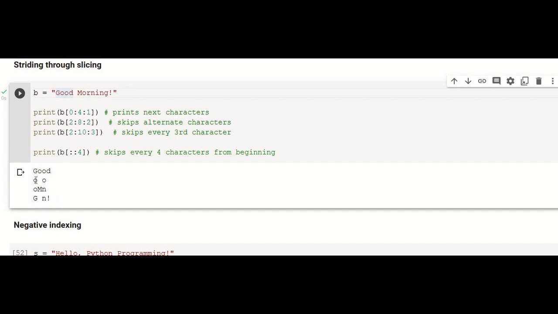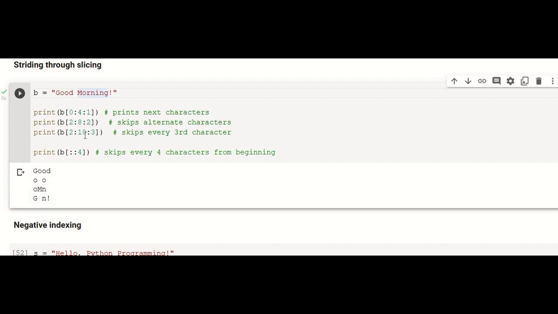So first it will display O and then it will skip 2 characters. That means this D will be skipped and the next alternate character will be displayed. So this blank space here will be displayed and then it will skip this M and after that M you have O. So that O will be displayed. So now you have already reached this position and after that the 7th position is reached and you cannot continue more. So that will be displayed.